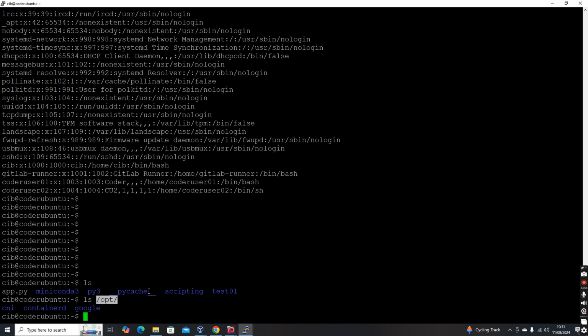For example, if you look at /opt, I have installed Google Chrome in this machine, containerd and CNI. These were installed additionally after the installation of the OS, so they got installed in the location /opt. So opt holds the optional components or additional applications.